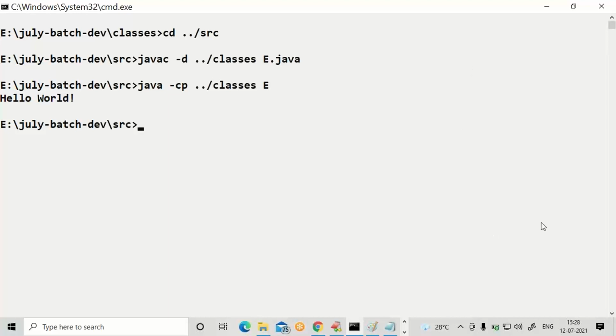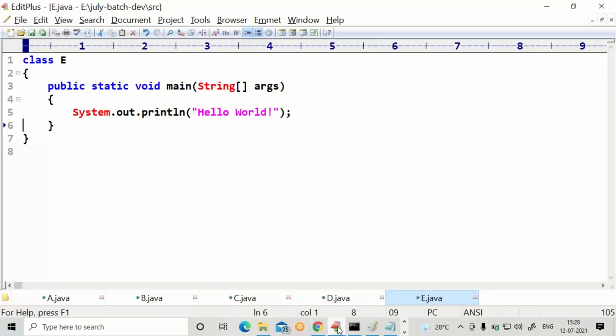Come back to the E.java, everybody. Try modifying one more time. Control J, I modify. After modifying, without fail, Control S, saving.